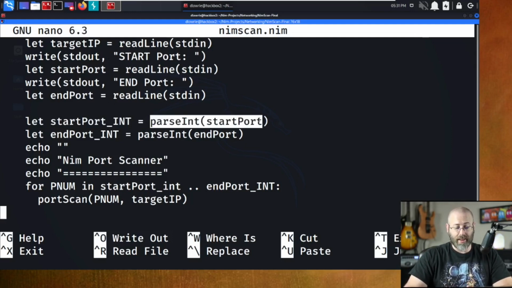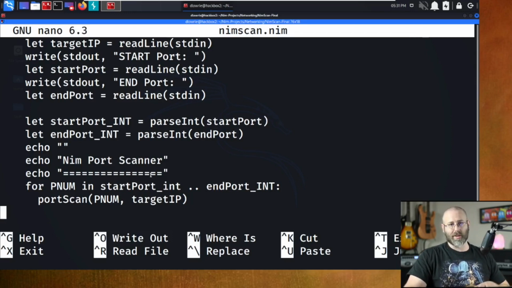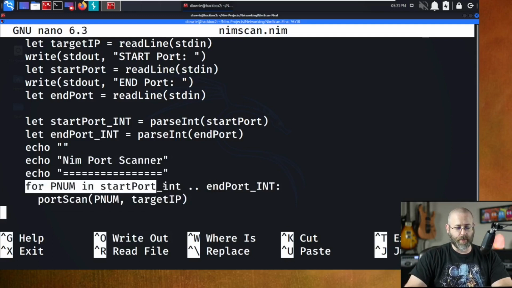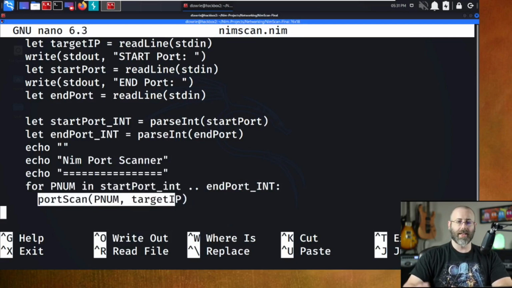which we do with parseInt. We feed in what variable I want to turn into an integer, which was start port and end port. And then we start all over again, just like what we saw before. So it's kind of recursively running back through this for loop, right? Once I start that for pnum in start port to end port and call port scan, it's going to keep iterating through that loop until we get to the end port. So until pnum and end port int are the same number, this will continue to loop,